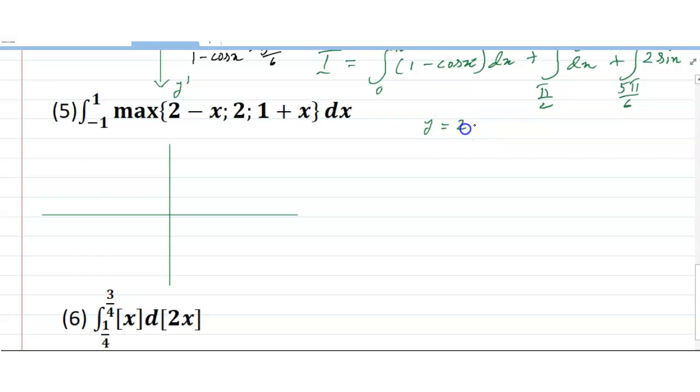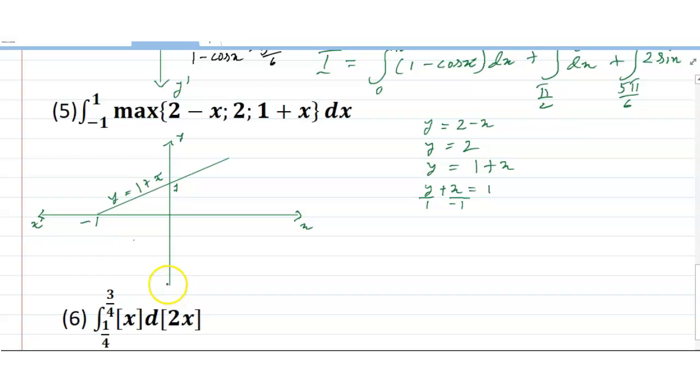Here y is equal to 2 minus x, y is equal to 2, and y is equal to 1 plus x. Now you can solve this way. This is the graph. This graph is y is equal to 1 plus x, because y minus x and 1, so intersection portion is 1, this is plus and this is minus, so intersection portion is minus, this is x dash and this is x. Intersection portion is this, and this is y and y dash, and y is equal to 1 plus x, and another is